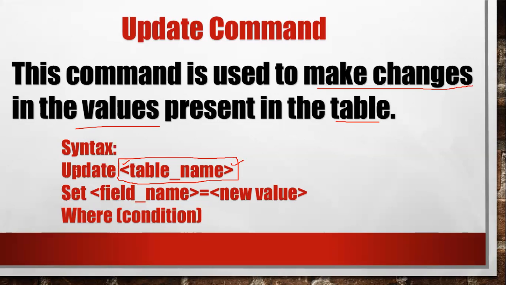So the command is basically update, then you will write the table name, then set, after that you will write the field name equal to the new value you want to assign to this field, then where, and within the where clause you will write the condition. Because the where clause is basically used to specify the condition in the query. So if a condition is required, then we use the where clause, but if no condition is required, then there is no need to use the where clause, right? So this is basically the syntax. So let us do some questions of update command also.